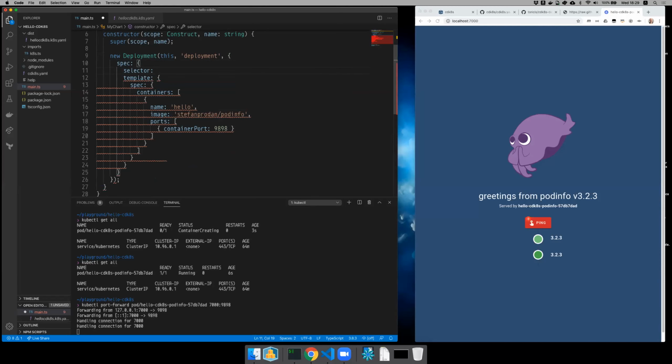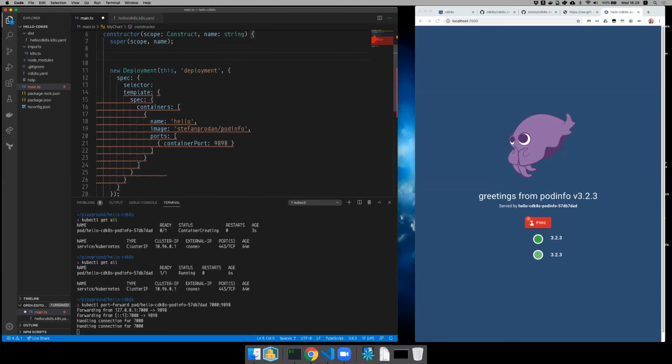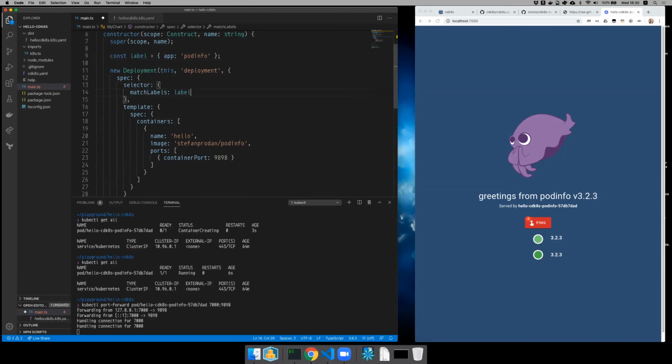And so now in classic Kubernetes engineering, you'd basically specify some string here that would match the labels that you put on the container. Now, I still want to do the same thing, but now I can use tools from the programming language space, right? I can use something like a constant. This is my pod info app. Let's create a label here, and I'll say the selector has to match this label. And in my container,